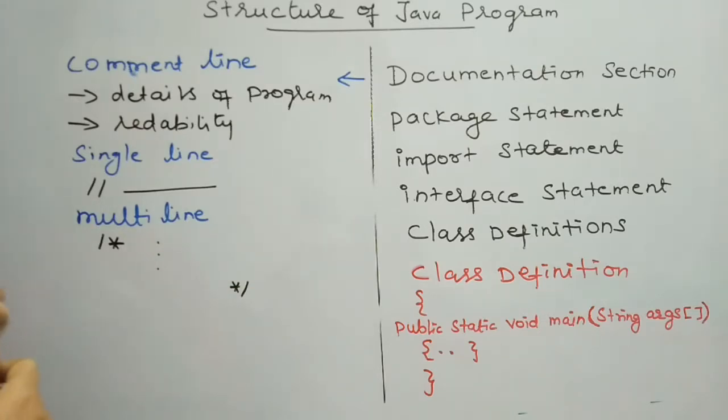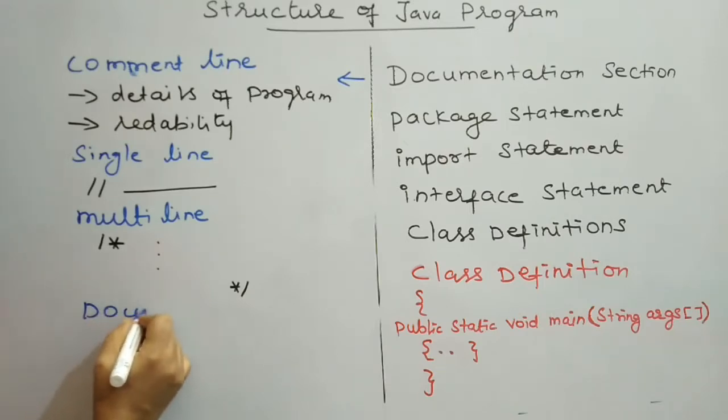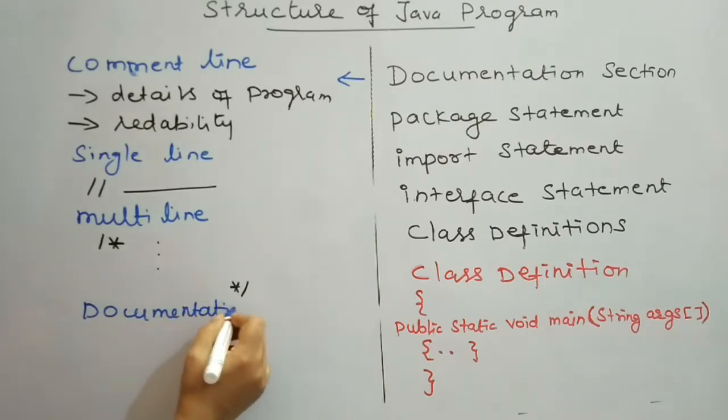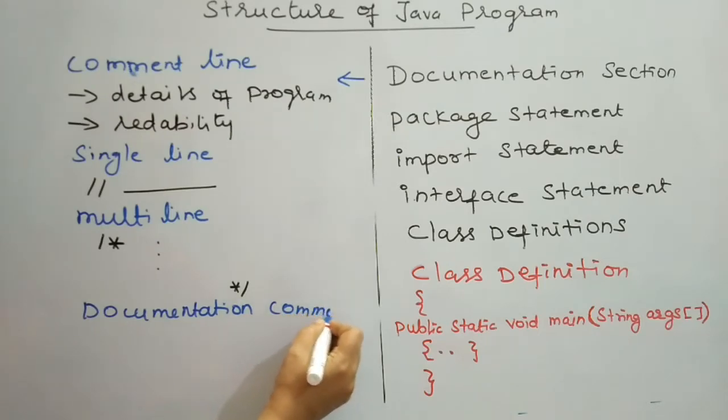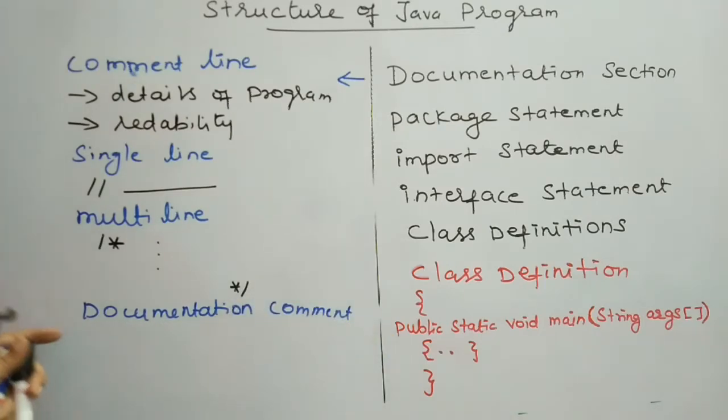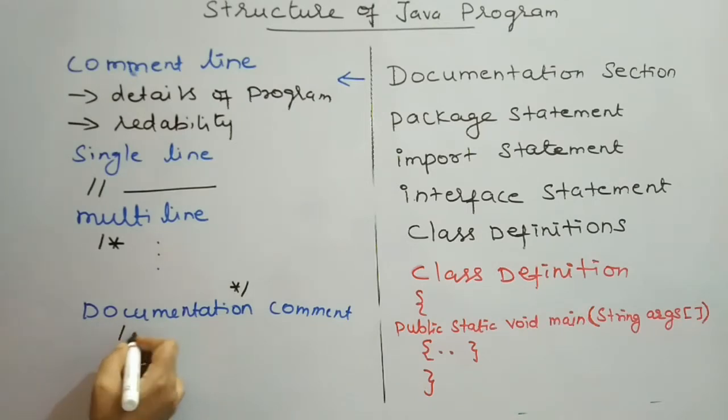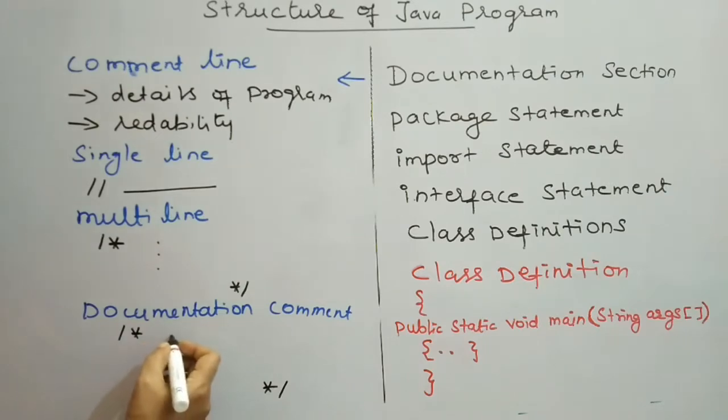Third one is the documentation comment. The structure of a documentation comment is the same as a multi-line comment. It starts with a forward slash and star and ends with a star and forward slash. In the middle, I may include any number of comment lines which may give details like the author of the program, when we created our program, in which project we have been using the program. All the details can be included, but with a change, every comment line is preceded by a star symbol. So this is a documentation comment.